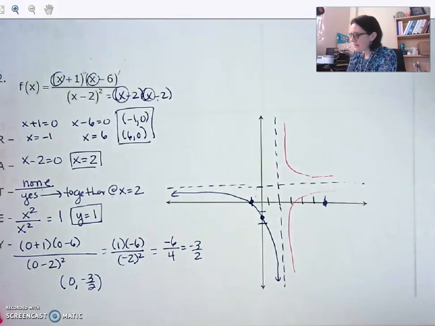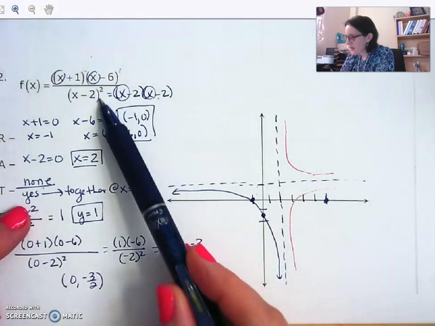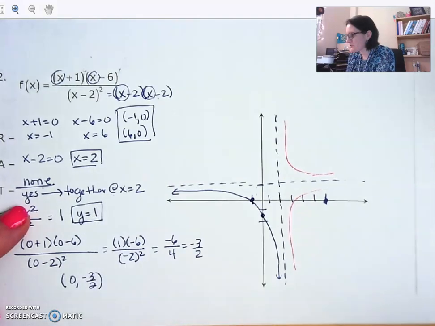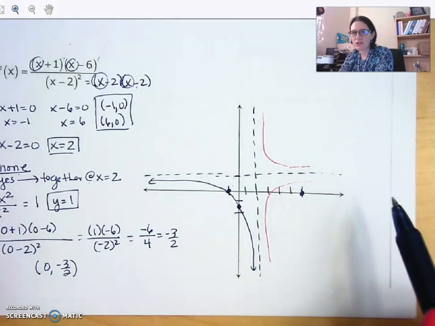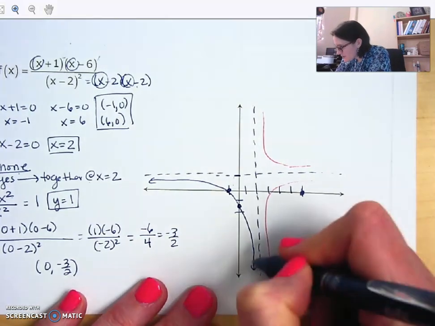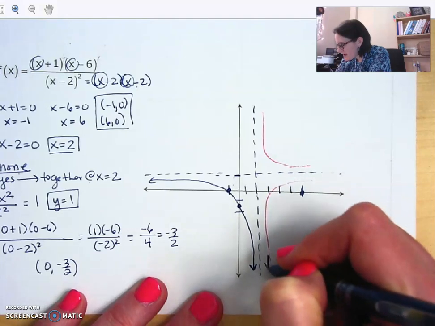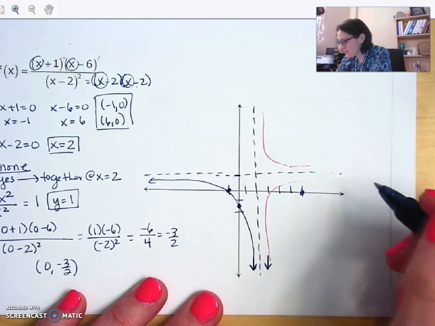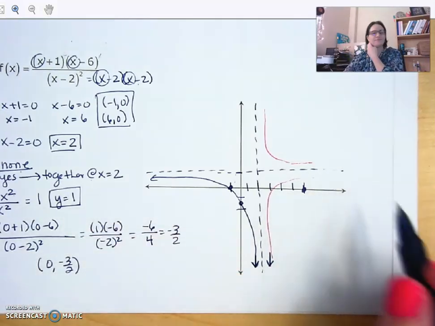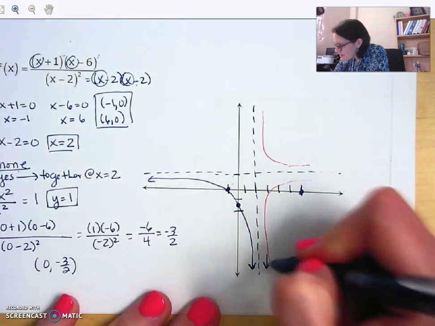So to decide which way I need, I'm going to use my T information. So we said that because this factor is squared, the graph is going to come together at x equals 2. So together means the same direction on the left and right side. So on the left side of this asymptote, it's going down. So coming together would mean on the right side, it also has to be going down in the same direction. So it's coming like this. They're coming together like this. That's together. And so I know I need